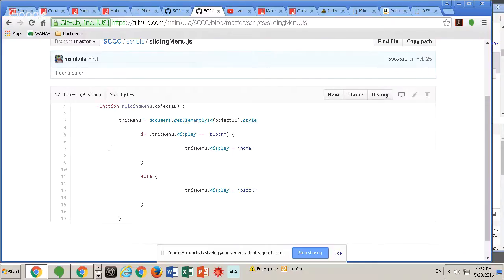So this menu is being stored as a variable, right? So this essentially is a variable. I should say var right here, but in old school JavaScript, it was common just not to say var. You knew it was a variable. So this menu equals document dot getElementById dot style. So to answer your question, Gordon,